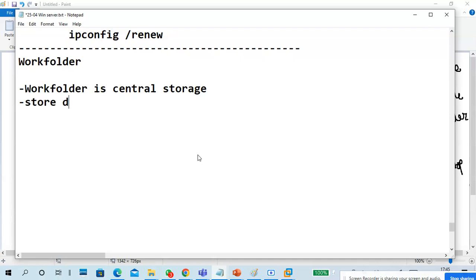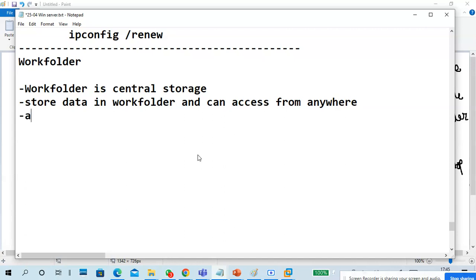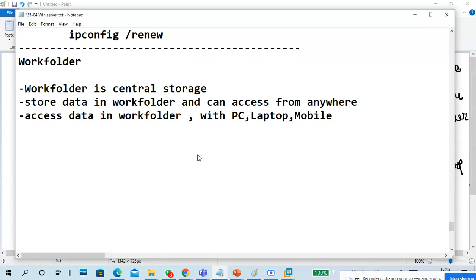Store data in your work folder, and you can access it from anywhere. You can access data in the work folder with a PC, laptop, mobile, or tablet. Okay, cross platform,